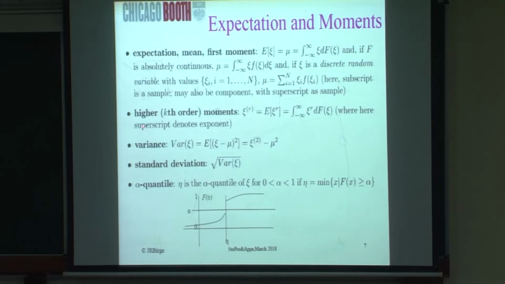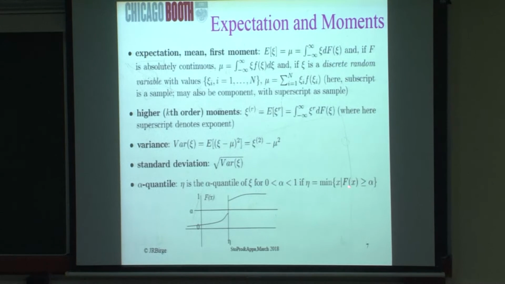And then another thing that we use in particular in stochastic programming is the quantile, because often there are constraints that apply to quantiles. So you say the distribution function at x is at least alpha. So it's the minimum x where it's at least alpha. I drew a distribution function here. A distribution function could have continuous parts, and then there could be a point here, like this eta in this case, where there's a discrete probability.